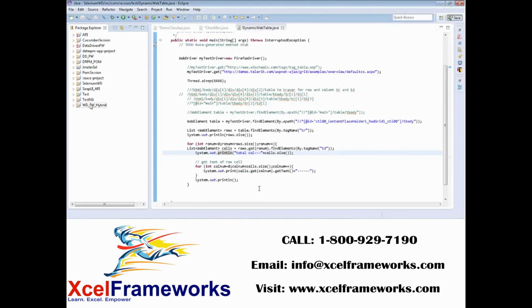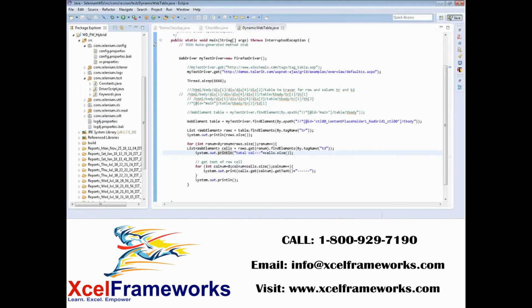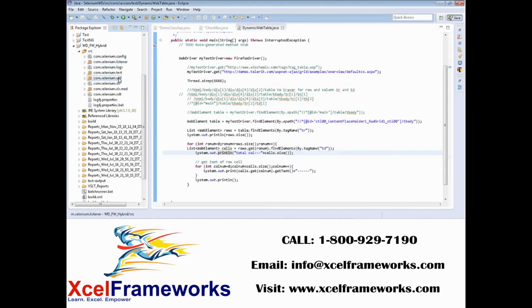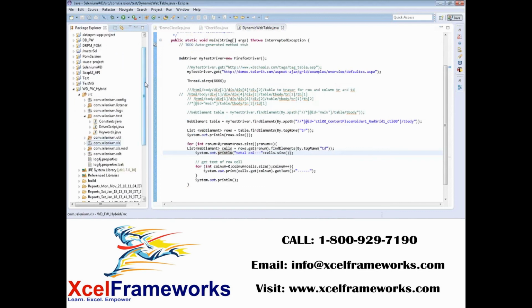The code is available here and will be shared with you. So practice it. Once you practice, you will come to know what exactly it's trying to do. Then you can easily answer them. You can explain the configuration, listeners, the logs, Apache logs, and we will write our own utility. A utility is nothing but an external source, not part of Selenium, and it's kind of Excel-driven. Then you can really explain things very well, like the driver script or keyword scripts. I think once you go into detail, you can easily answer those kinds of questions.